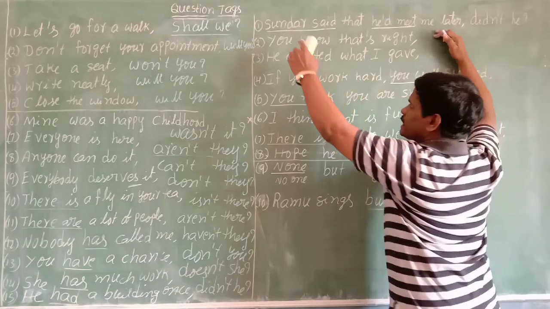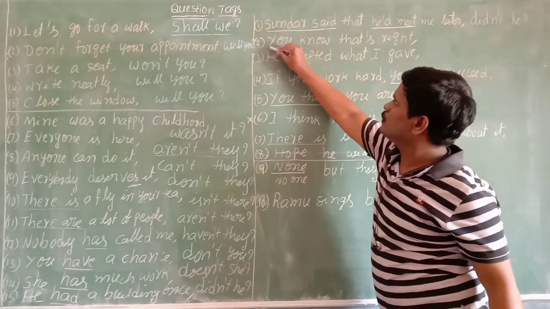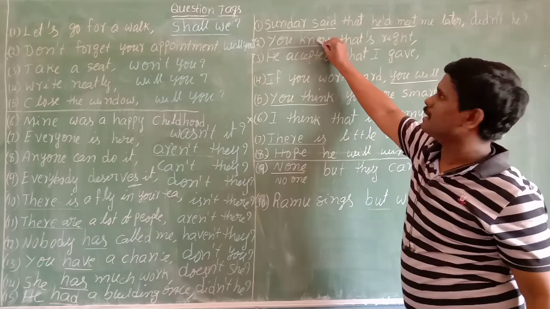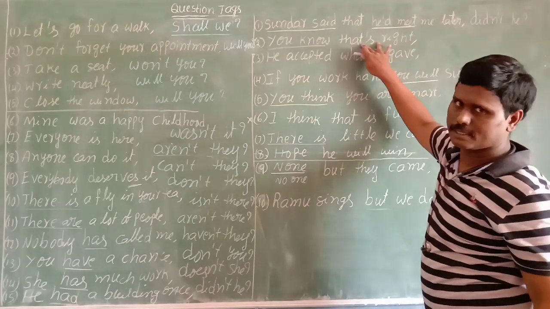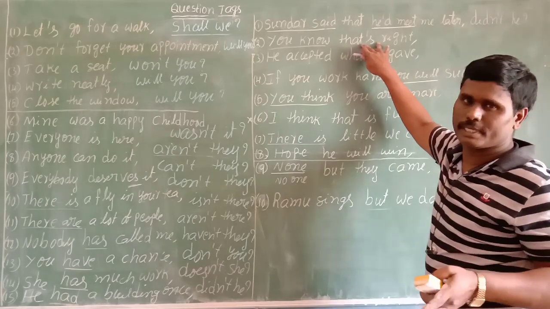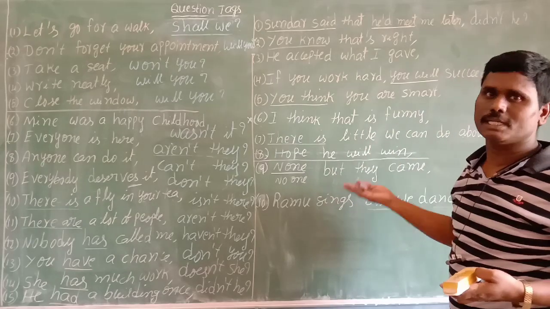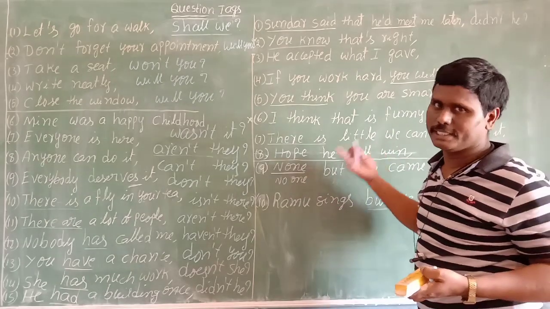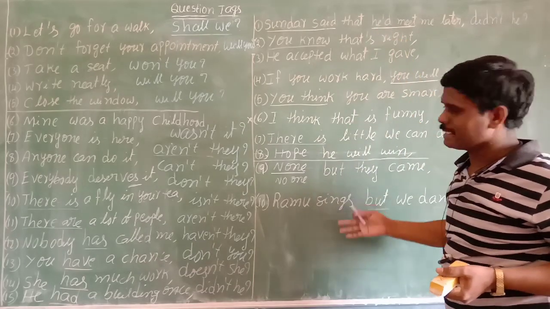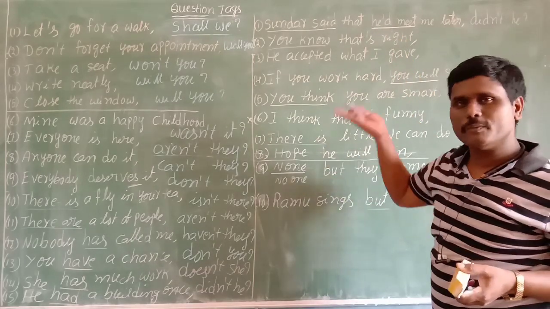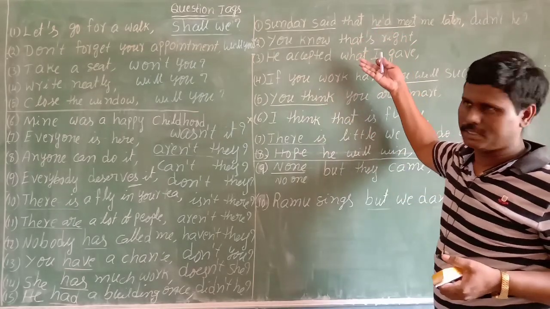In a complex sentence, the question tag applies only to the main clause. For example, you know, this is the main clause, and this is the subordinate clause. You have to identify them. If you don't have command over the verb, subordinate clause or main clause, it will be very difficult. That's why I told you once again, all these examples are only for very advanced learners, not for ordinary learners.